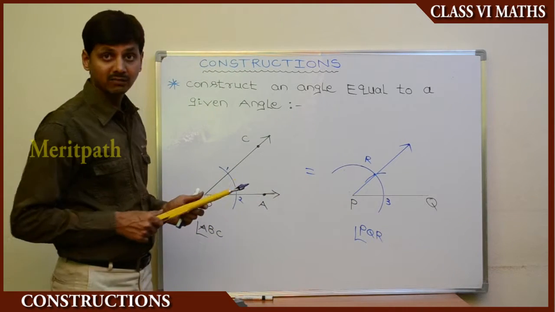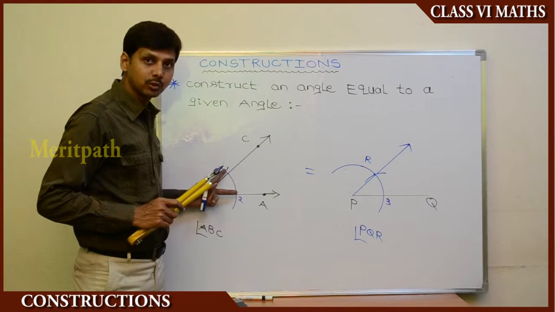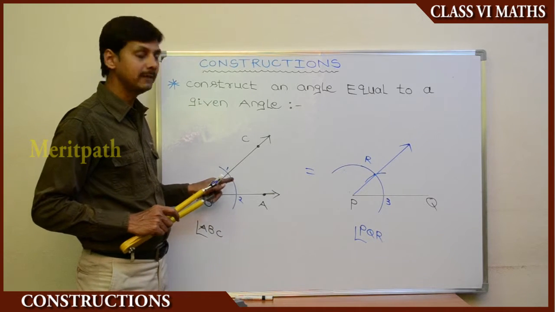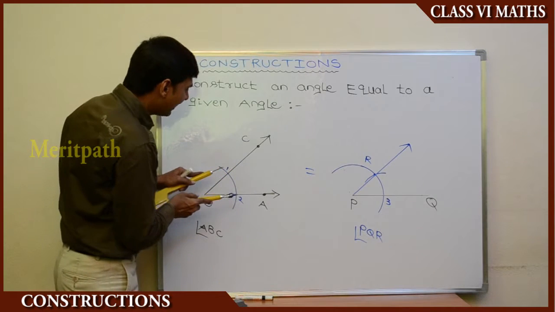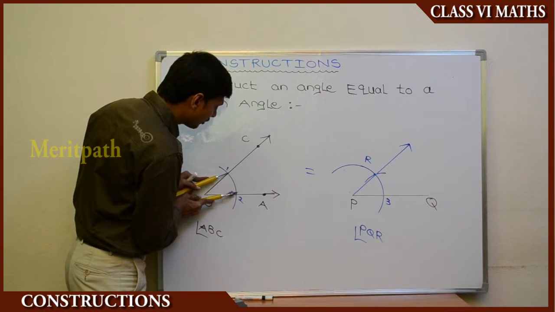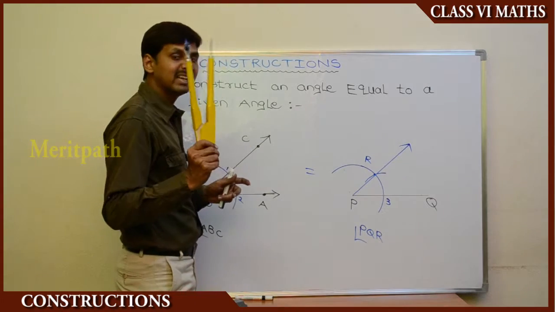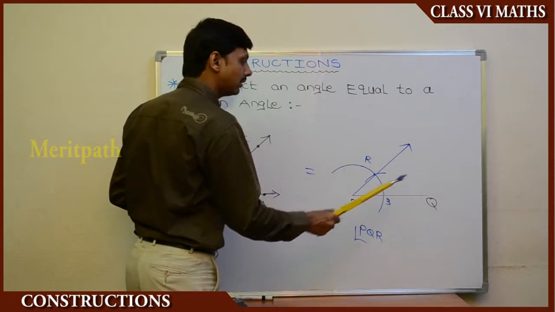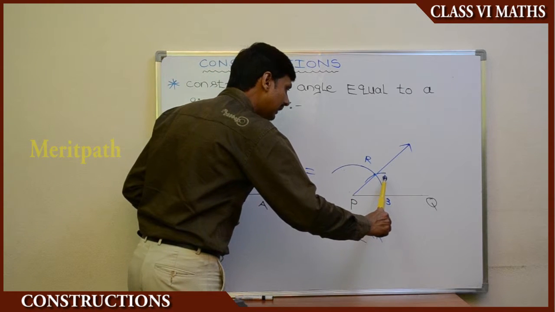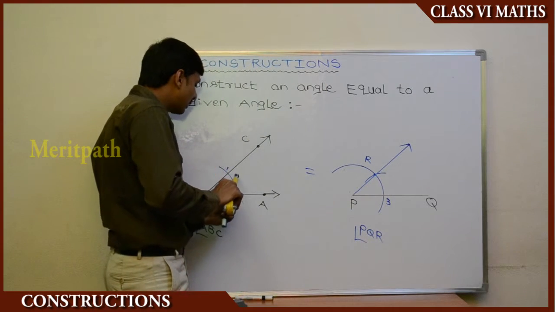So the arc we made. Now let's see what are the points 1 and 2 here. We took the points 1 and 2 where this arc is intersecting angle ABC. Let's measure this 1 and 2 in this manner. This is the distance between 1 and 2. And previously, on PQ, the arc is intersecting at 3. With that radius we measured for 1 and 2, using 3 as center,